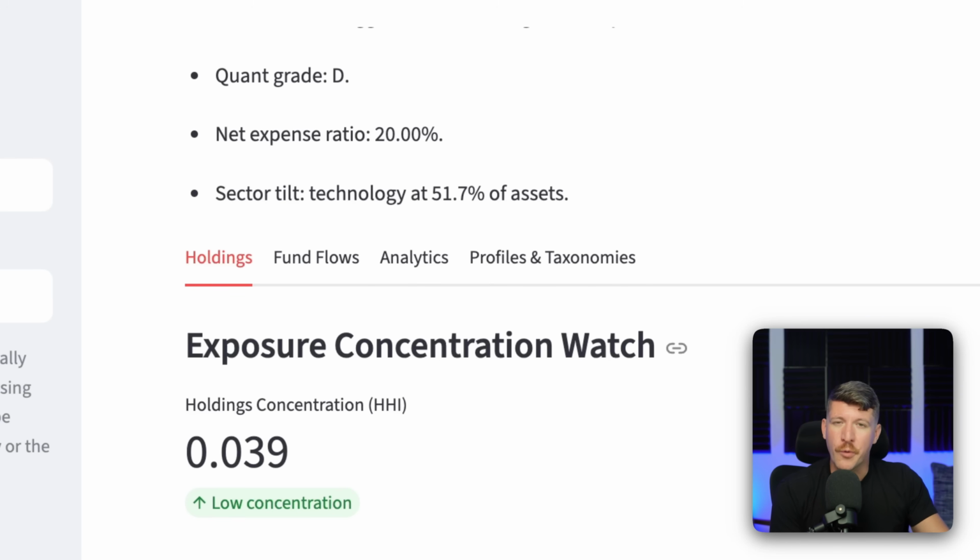For this demo to work, you will need a Massive API key with ETF Global add-ons enabled. These are available as flexible subscriptions starting at $99 per month per data type. And that's it. All you have to do is clone the repo, plug in your Massive API key, and then you can start